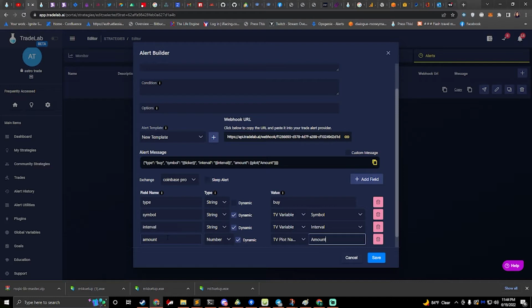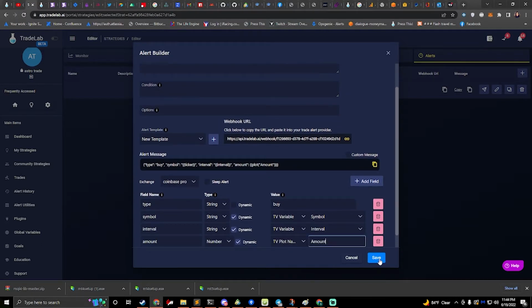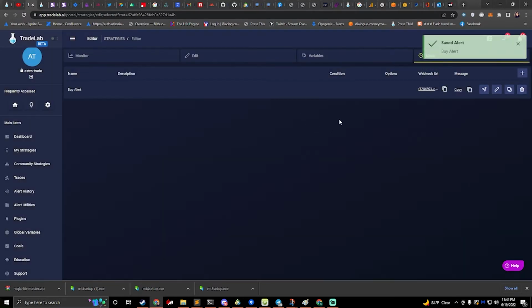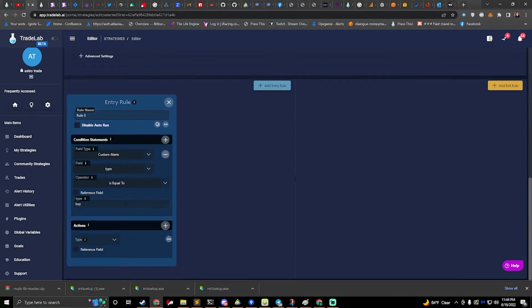And yeah, I think that should be enough. So for now, that is all we need to do for our alert. So we'll say save. And we have our buy alert. We'll go to edit, and we are going to want to listen for our custom alert. We want it to be a buy alert. And now if we hear that, we want to go ahead and set up our